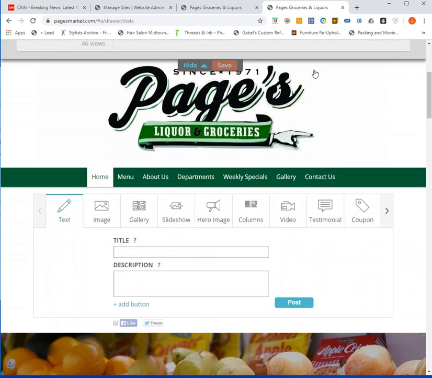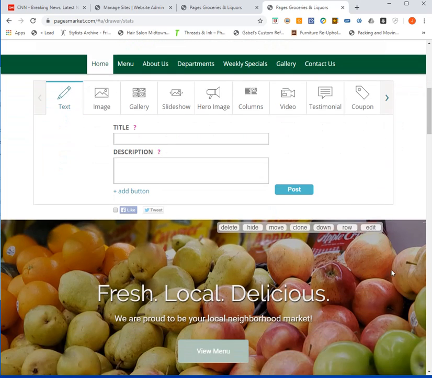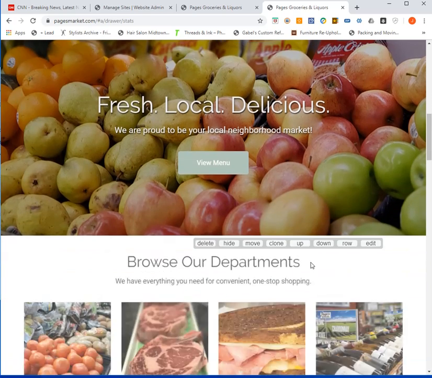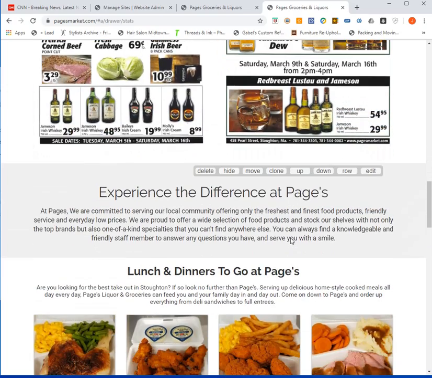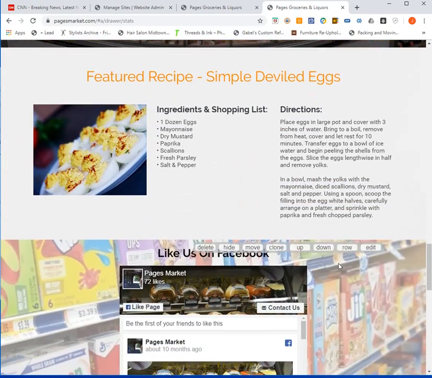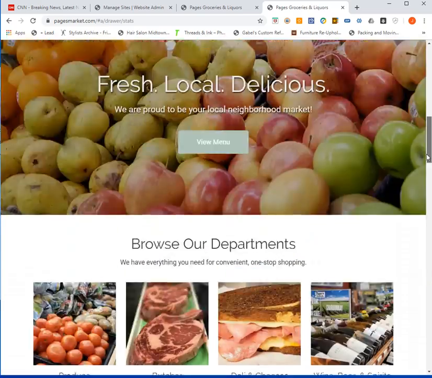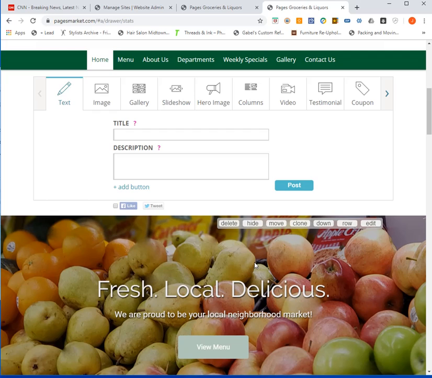Now, as I scroll down, this is what you would call a what-you-see-is-what-you-get editor. And what's nice is it's all on-site editing. What I mean by that is as you hover over a row, you'll notice this edit bar pops up. And what this really is, is a row on top of a row on top of a row. Okay? When you hover over a section, and by the way, a row, when you hover over a row, you'll notice that